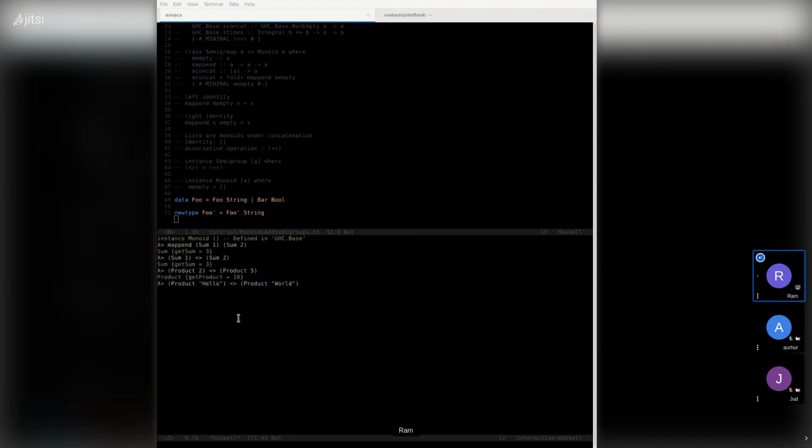This is quite logical, but as you can see here, we have a field accessor, and that's actually specified in the Show. The Show is telling you what field accessor you need to use.